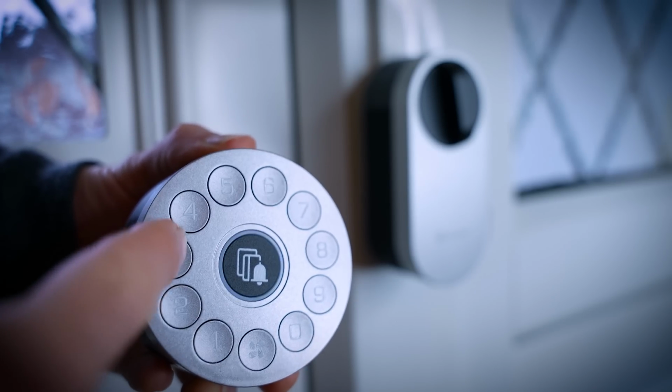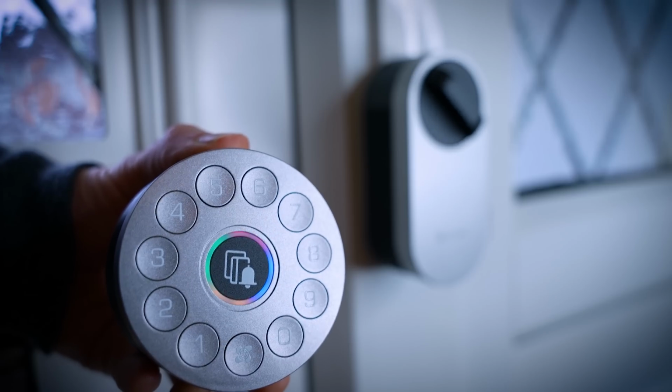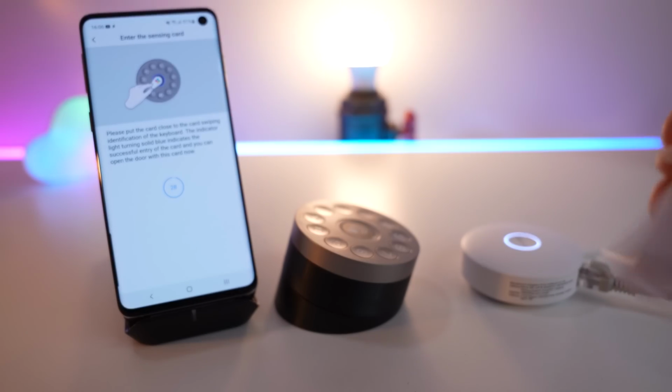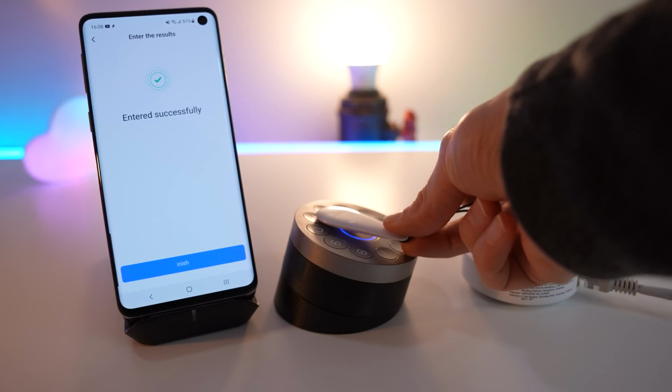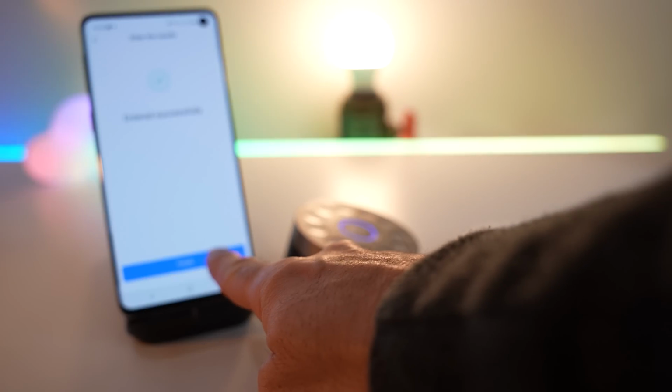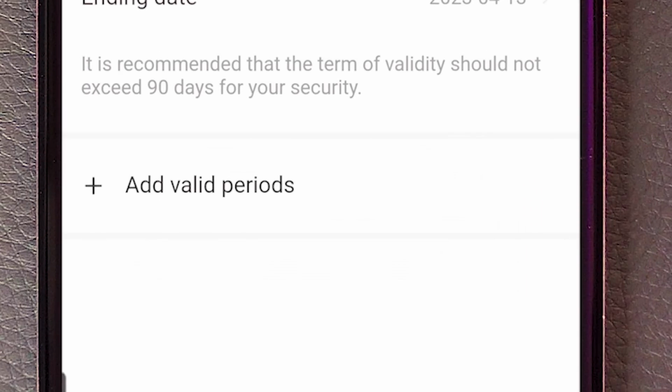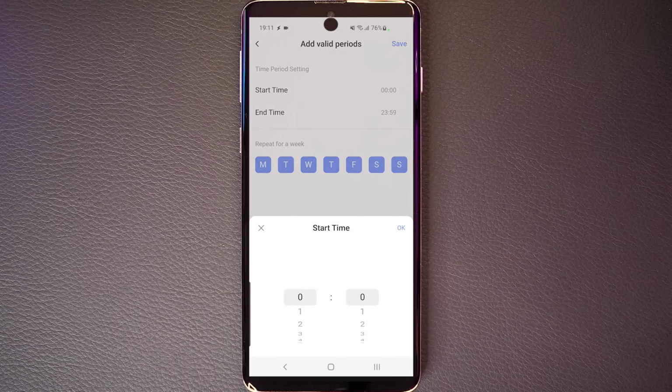The keypad is IP65 waterproof and can be programmed with up to 50 permanent or temporary passcodes of between 6 and 10 numbers, and also proximity cards, of which I received 2 in the box. The temporary passcodes allow for both a term of validity, but also custom times, so that you can set them to only work between 9 and 5, for example. And this is something that's been missing from some of the other smart home locks that I've reviewed,